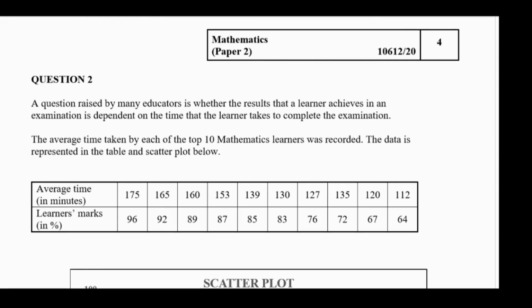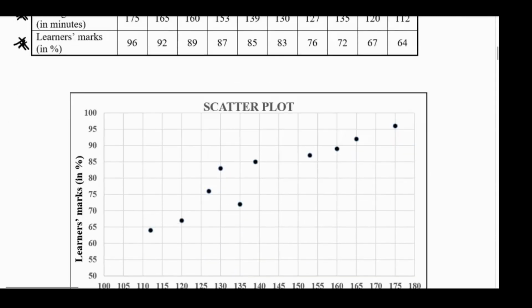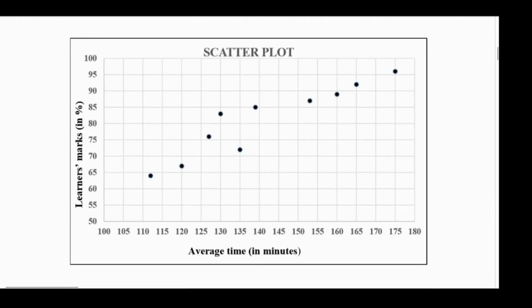Okay guys, so now I'm going to do question 2. I won't read the entire statement, so please read it on your own. But what we have in a nutshell is a top 10 maths learners whose marks were recorded at a certain time. So this is the time and these are the marks of these learners, right? Below is a scatter plot of the marks and the time,